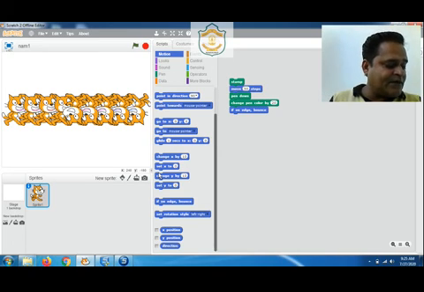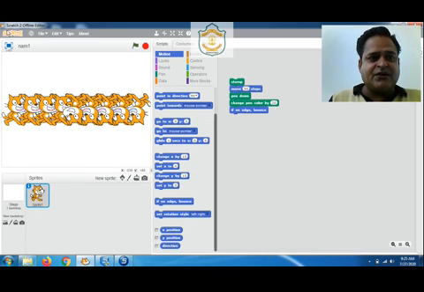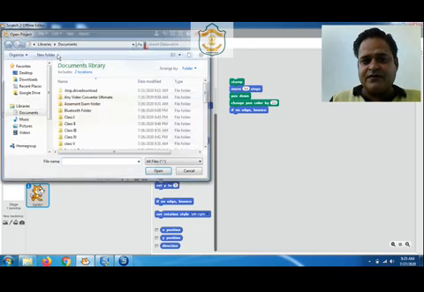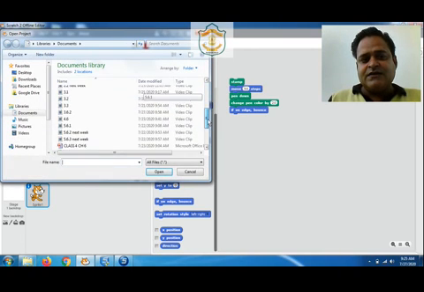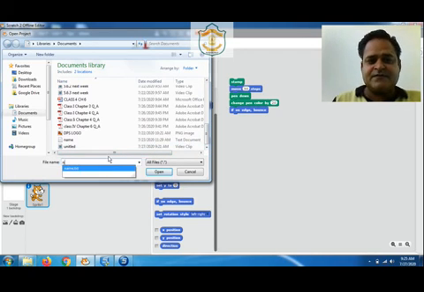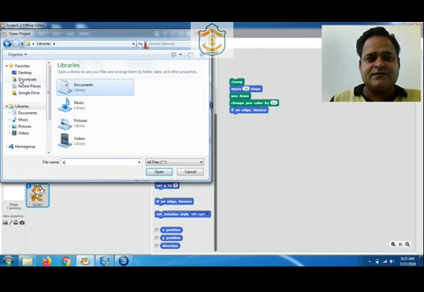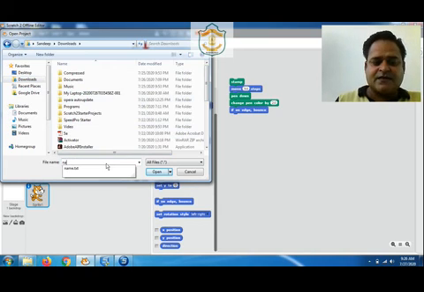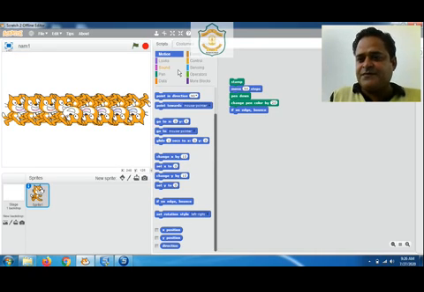Our next section is how to open a saved project. In order to open, just go to the file menu, click on open, then search or locate the project which you just saved, and click on open. So our project will open.